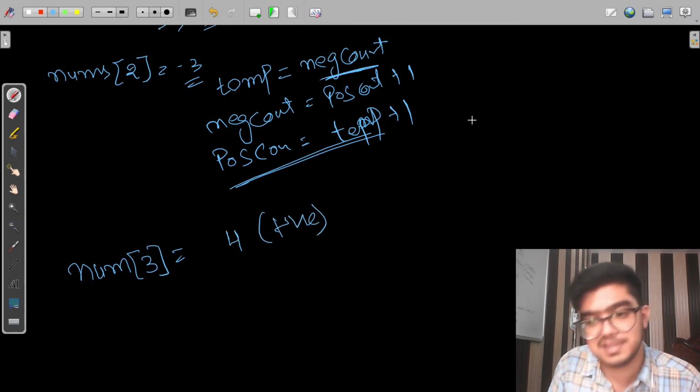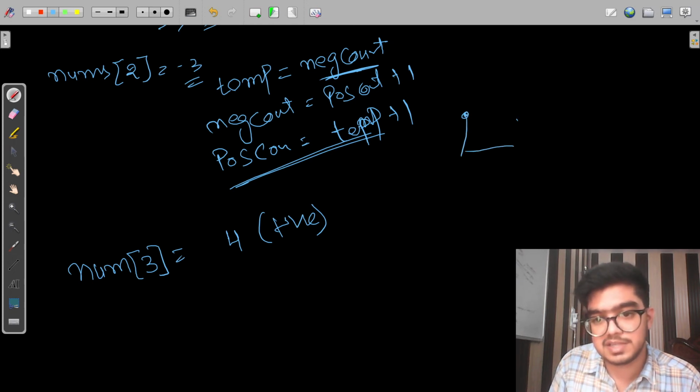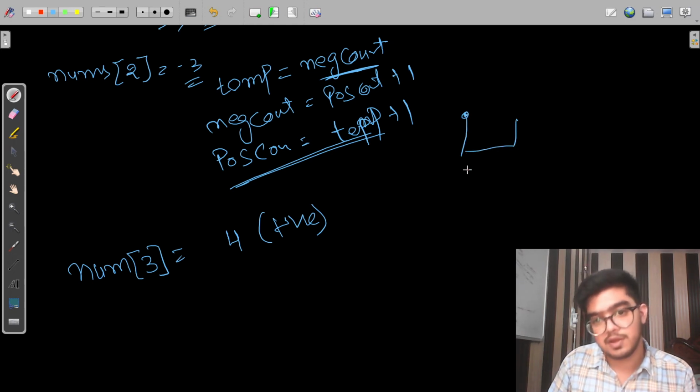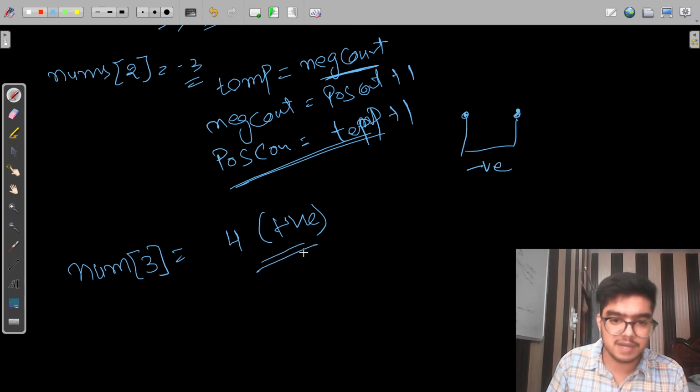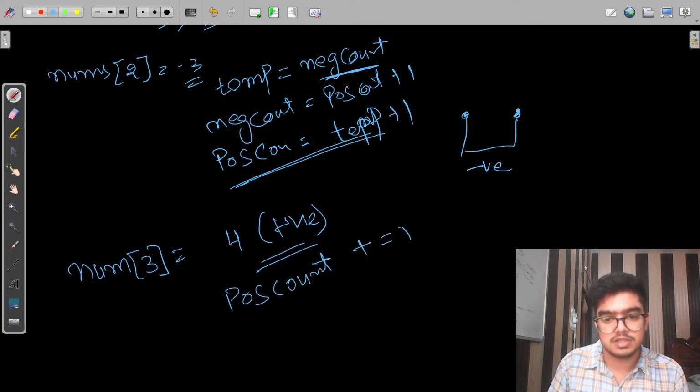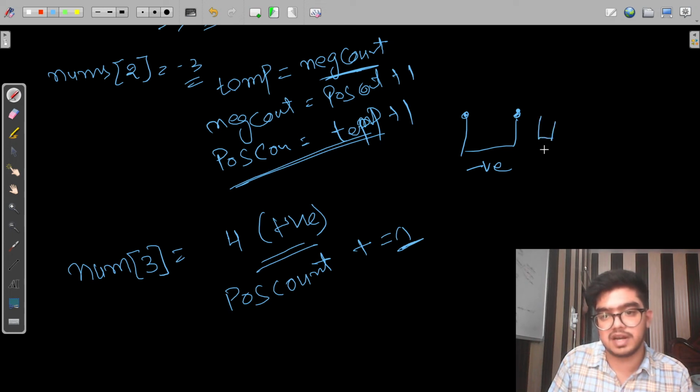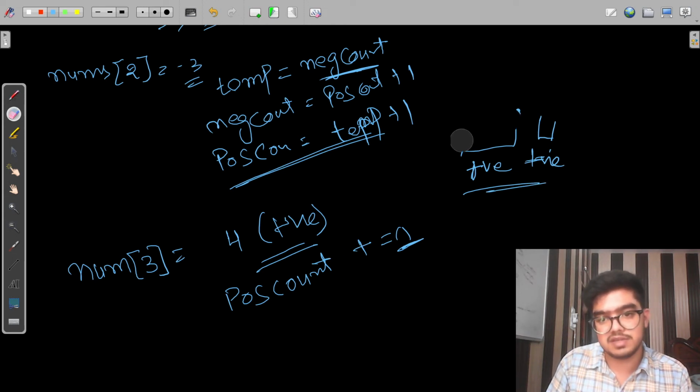Now understand similarly: let's suppose till that position you have some positive values and you again get a positive value. Then we can simply say that whatever positive count we have till that point, just increment it by 1 if we get a positive value. So if it is a positive value and we again get a positive value, we can simply increment it, right?